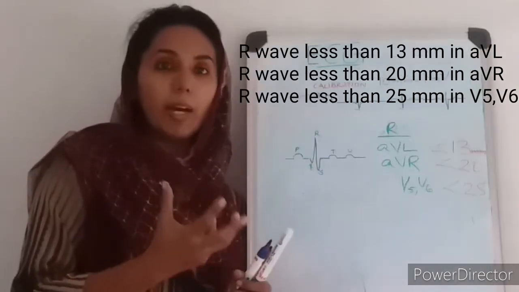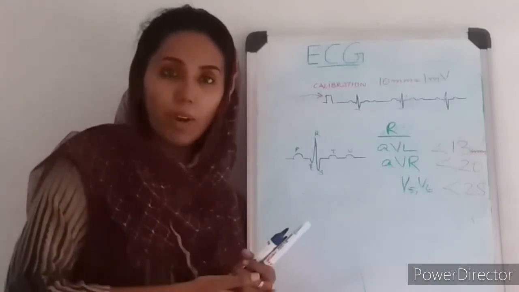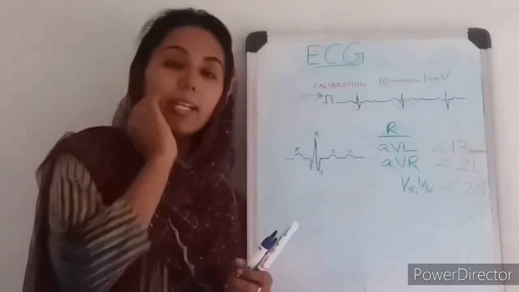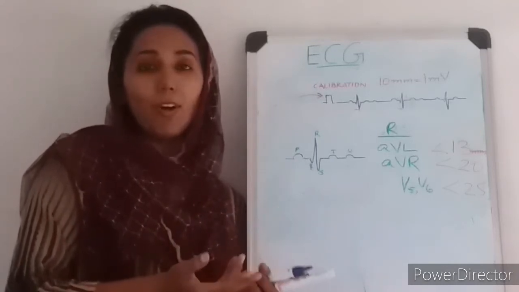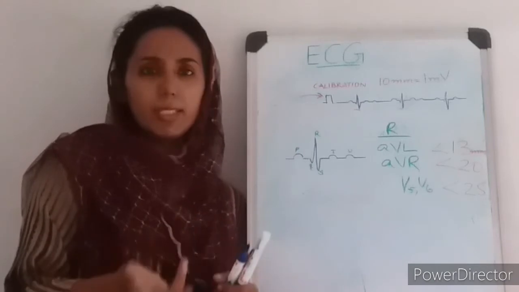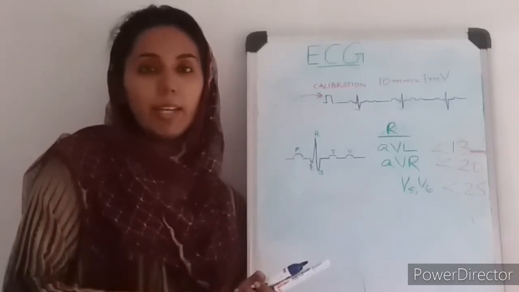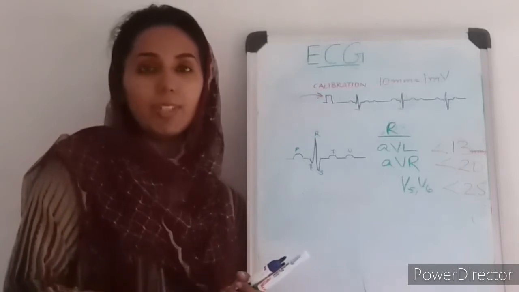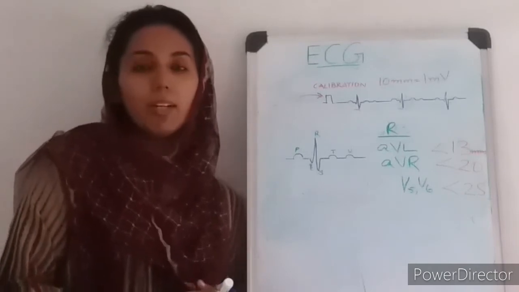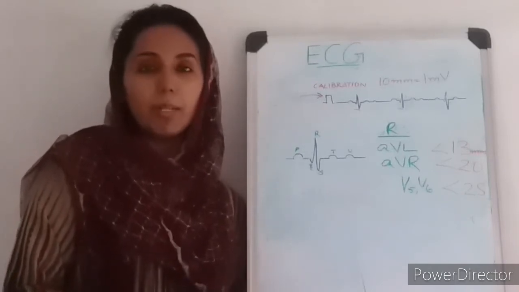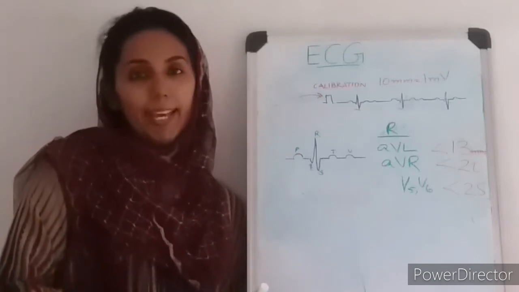So the R wave is because of ventricular depolarization. So if we have a big ventricle, that is in case of RVH or LVH, we may get a tall R wave. It only depends on where you get it. If you get a tall R wave in V1, you might need to suspect RVH. And if you get a very tall R wave in V5, V6, AVL and so on, you have to consider the diagnosis of LVH. Suppose we get a very small R wave, that may be because of incorrect calibration, obesity, pericardial effusion, hypothyroidism, etc.